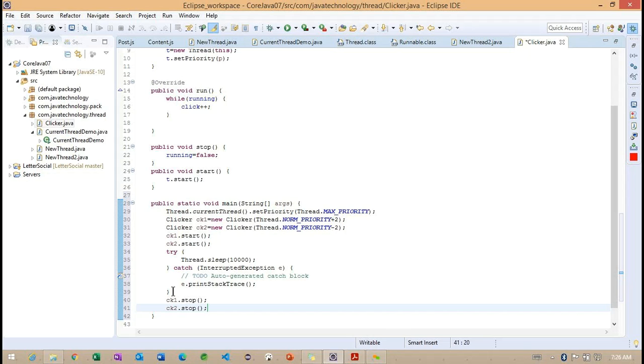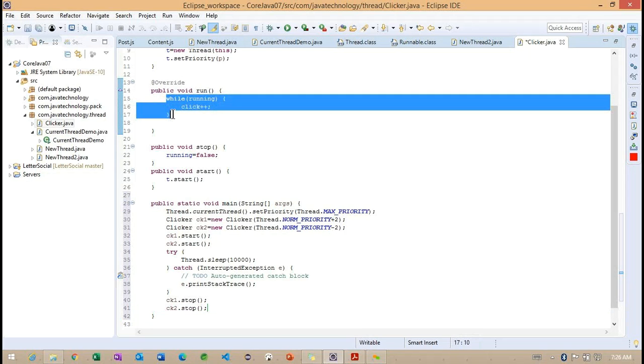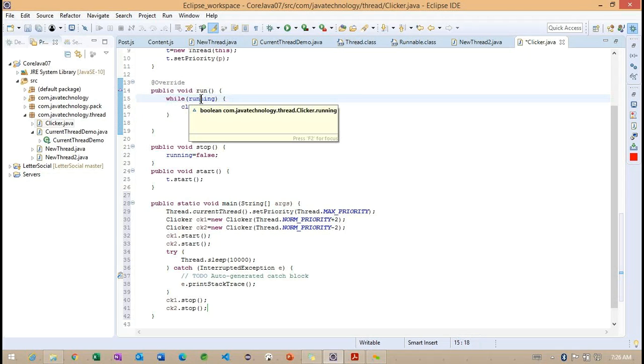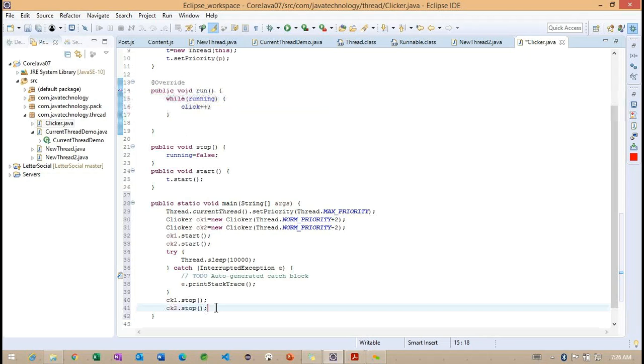So this is the way now I'm going to stop the two threads here. It's nothing but this particular loop is not going to run one more time here, because in the running method what we are doing is we are making it false. And if we observe carefully, after calling the stop method, the threads are still in the available mode only. Those are not yet terminated here.